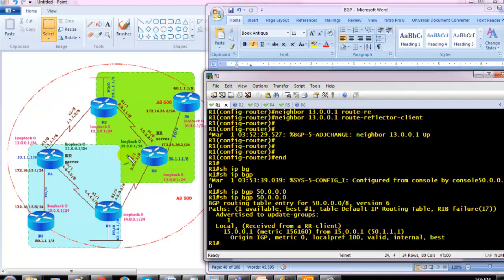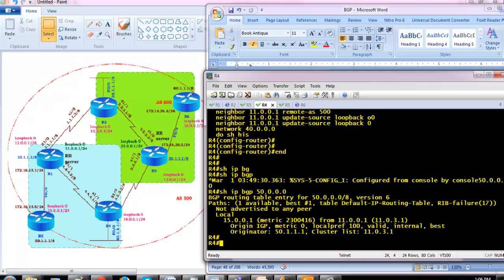Okay, let's try to verify on the router 3 now. Here when our server is going to advertise to a server, it will just maintain the information of from where the route is actually originating. But when the server is going to propagate the same information to another client, it's going to add that information. So just now we verified here.